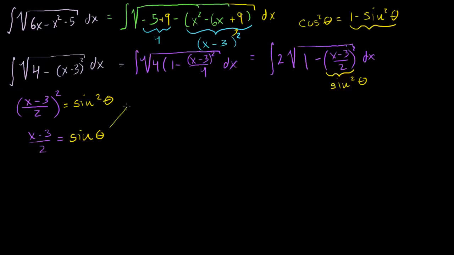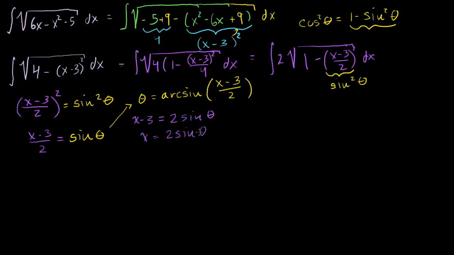So theta in terms of x, we could just take the arc sine of both sides of this. You get theta is equal to, right, the arc sine of the sine is just theta. Theta is equal to the arc sine of (x minus 3) over 2. Fair enough. Now, to figure out what dx is, we're going to have to solve for x in terms of theta. So let me do that. If we multiply both sides of the equation by 2, we get x minus 3 is equal to 2 times the sine of theta,